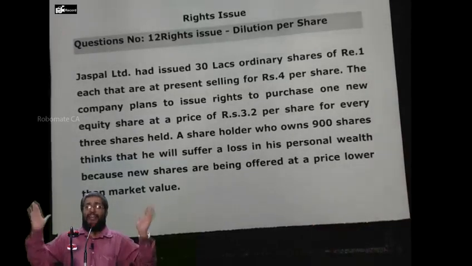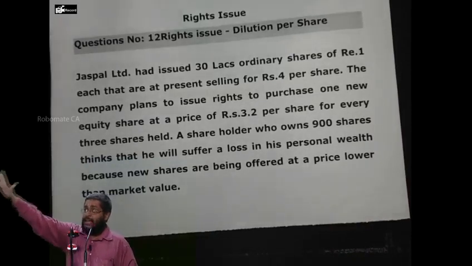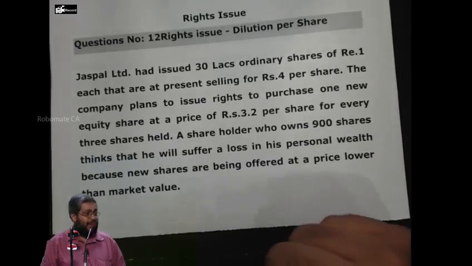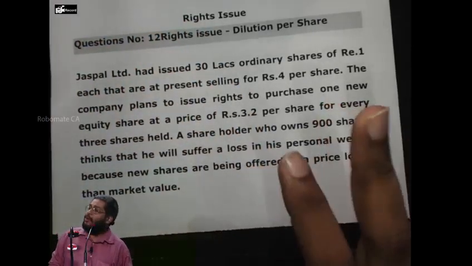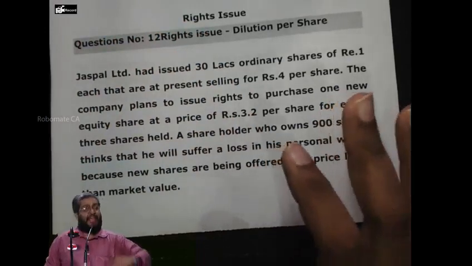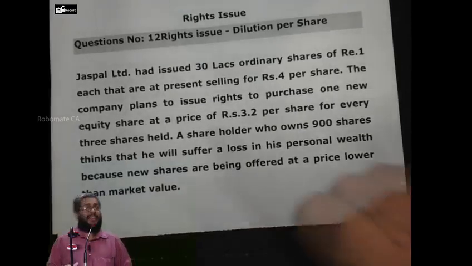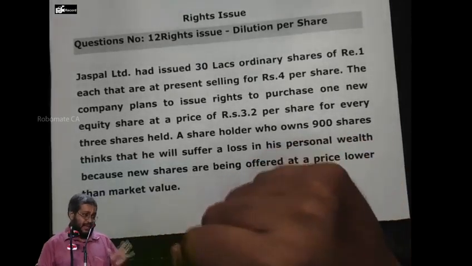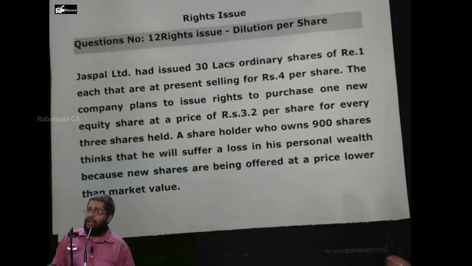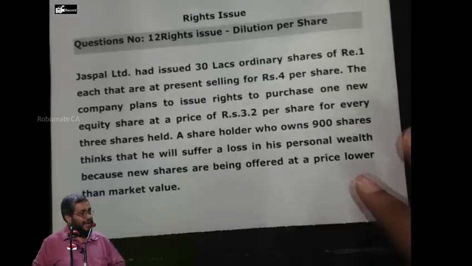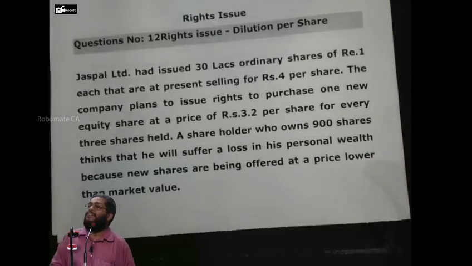Now, again I repeat, the company requires share capital. I cannot go for an IPO directly. I will first make an offer to the existing shareholders. I ask them in the shareholders meeting whether I can go for an IPO or for the rights issue. The existing shareholders respond. If I want to go for an IPO, they should pass a special resolution as per the current Companies Act to give permission. If not, they will say, no, we will take up the new capital. When the existing shareholders agree to take up the new capital, it is called a rights issue. Are you following?